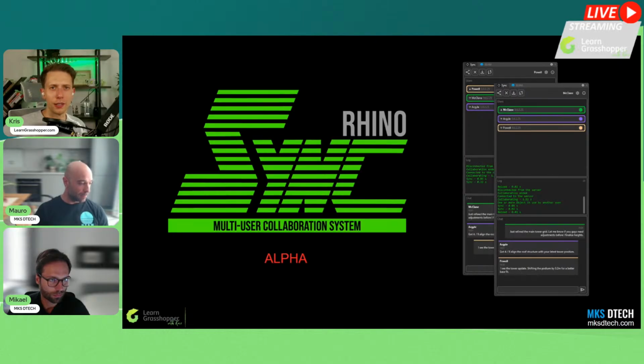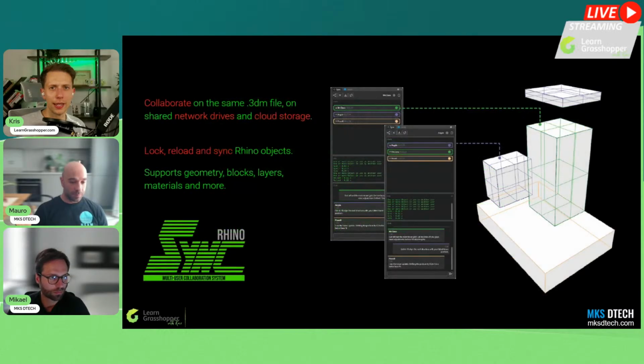What is the feedback so far? Have the architects been using Rhino Sync? Yeah, there were some early adopters, and we call it alpha just because we want to be very conservative, but it's working quite effectively. Most of the objects and elements from Rhino are synchronized now, so geometry, blocks, materials, all the good stuff that you really need for designing, and it seems to be very stable. So give it a go. We want to see bigger teams or more complicated models used on it, so we can improve it and make it even more effective. But in the end, it works very similarly to how Revit works.